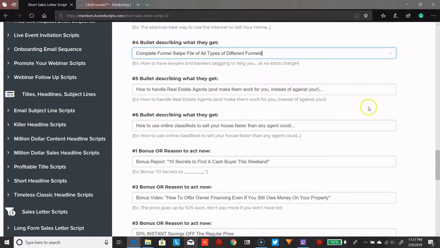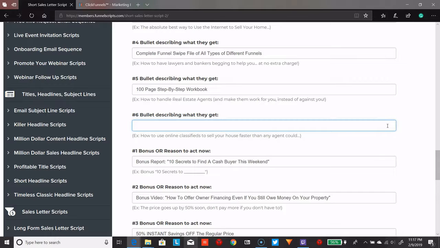Number 5, what else are they going to get? I mean, this just keeps going on and on and on. Complete funnel swipe file. 100-page step-by-step workbook. Number 6 could be